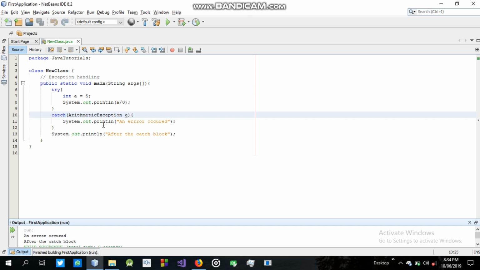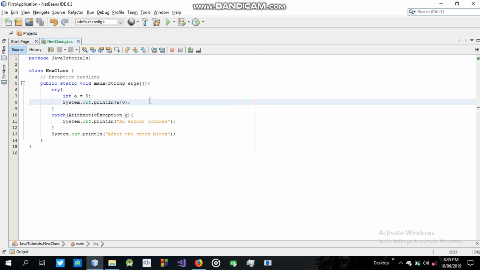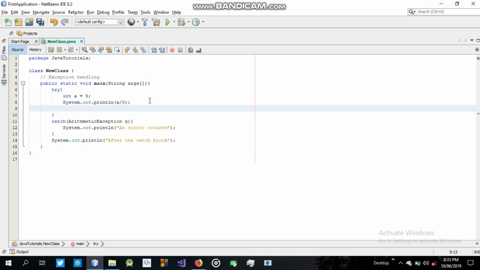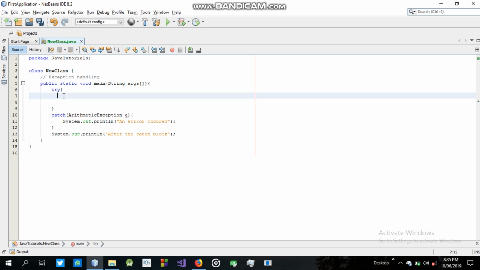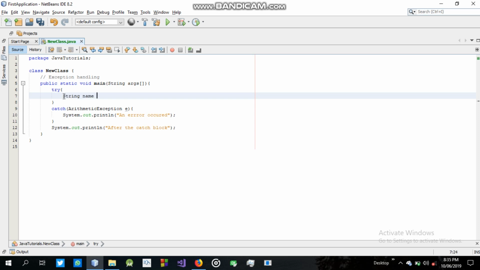Now there are a lot of exceptions in Java. We have ArrayIndexOutOfBounds and IndexOutOfBoundsException. So let's try to generate some other type of exception. So let's clear this and let's have a string. String name is equal to Sharif.